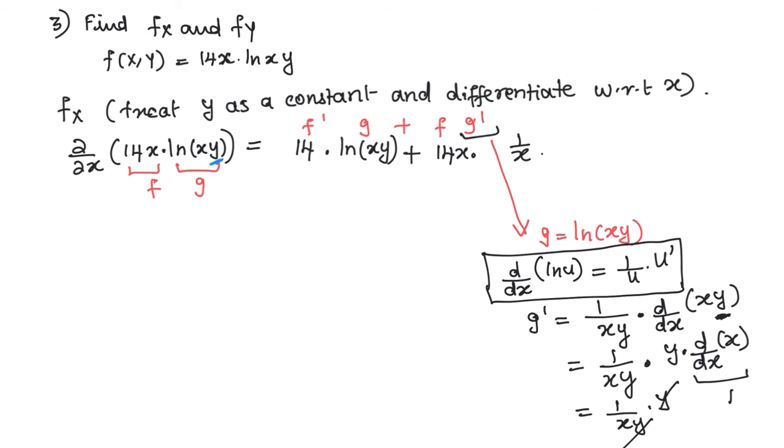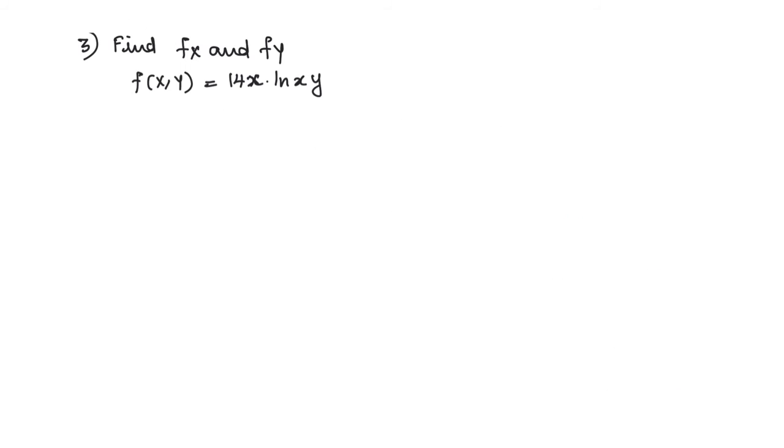Now you can simplify that and write. So 14 ln of xy, oh, this x will cancel, right? So plus 14. So that is the first partial derivative of this function with respect to x. Now let's find the partial derivative of f with respect to y. So we will treat the other variable, that is x, as a constant